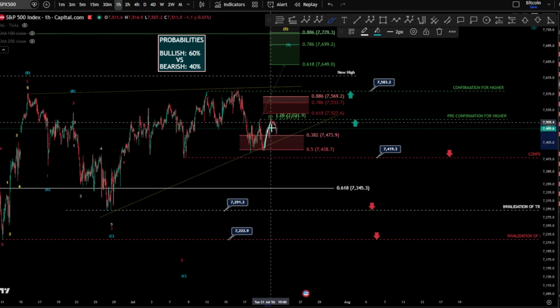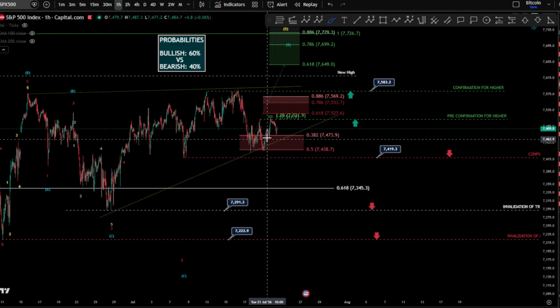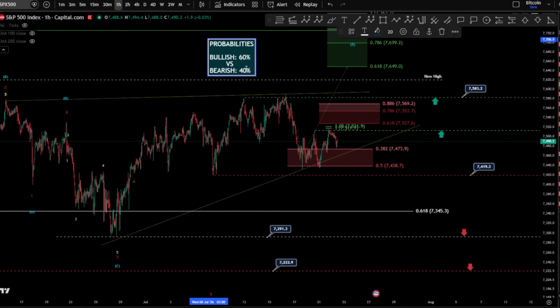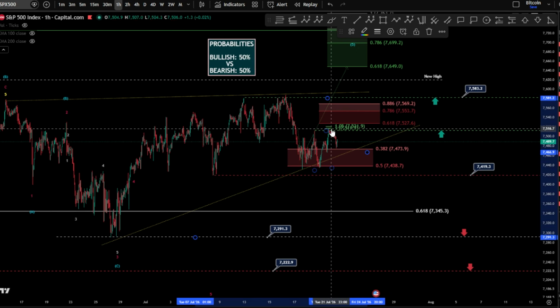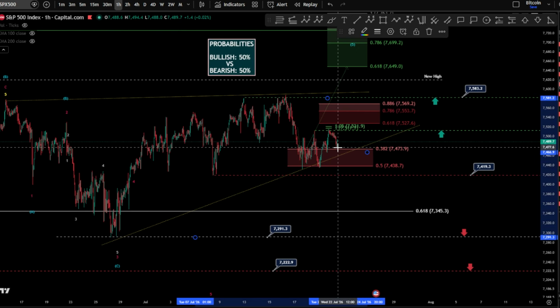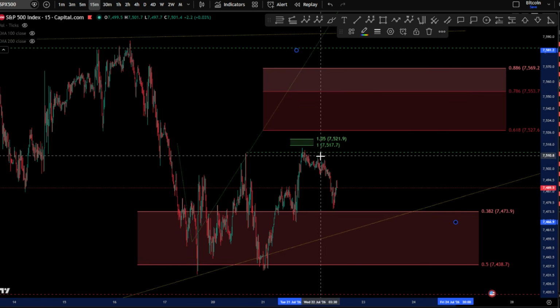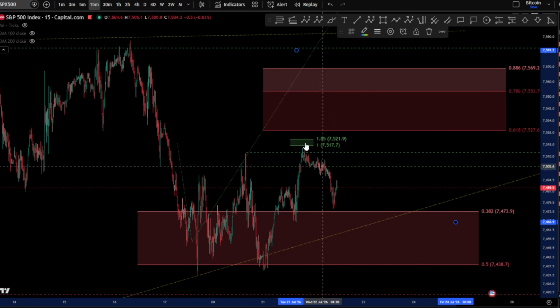We start to see some rejections here at the 1-to-1 Fibonacci level. So the bearish is still, of course, getting higher probability here. I would go back to 50-50 here because of this signal, the rejection at the 1-to-1 impulsively on the 15-minute chart. As you can see, it's a 1, 2, 1, 2, 3, 4, and a 5,